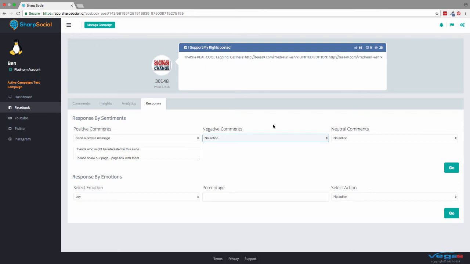This is really, really easy because it filters the negative comments, and you can either delete the comment to get rid of it. Say if there's people spamming your YouTube or things like that, you can just delete it if that is your choice. However, what I would recommend is sending a comment reply, which is a really good way to take care of them, because you could just say something like, thanks for your feedback. We'd love to help. Please contact us via direct message or our support